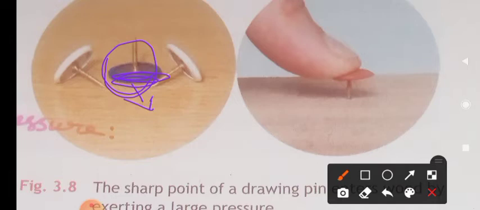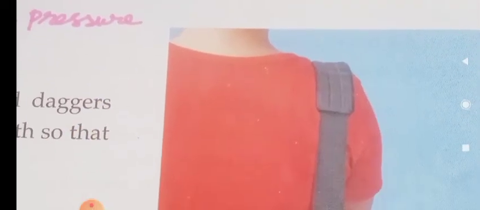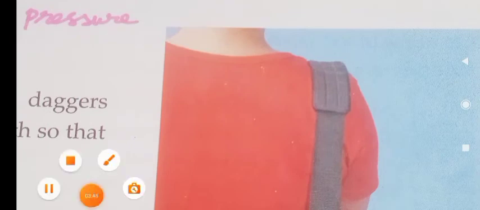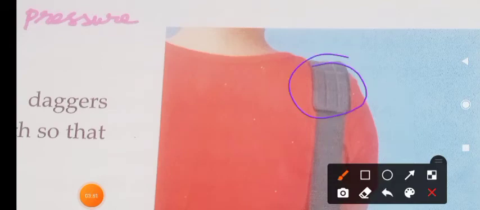So to decrease the pressure, what do you have to do? You have to increase the area on which the force acts, as in the case of skis, snowshoes, etc. In bags also, you might have seen the straps, isn't it? So the area will be larger there, so the pressure will be lesser. It will be comfortable for you to hold the bag. Am I right? You won't feel more heaviness of the bag.